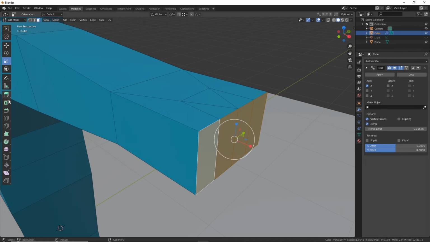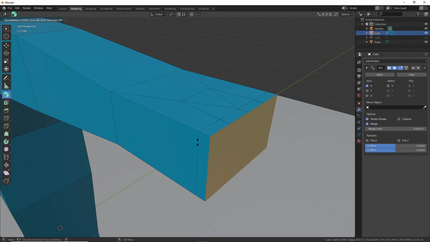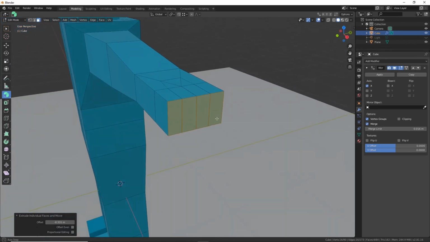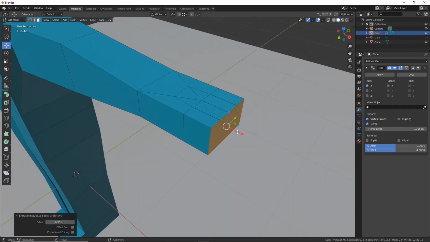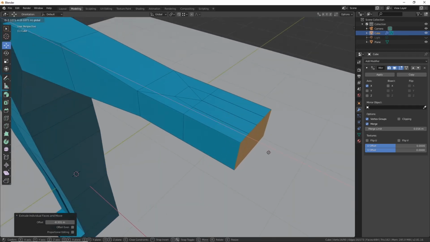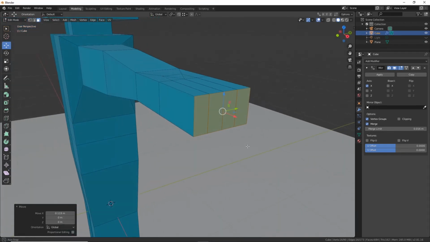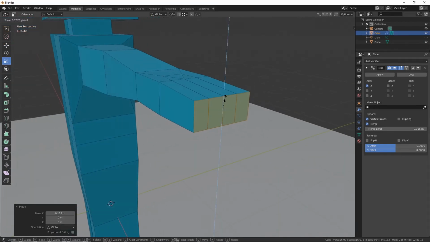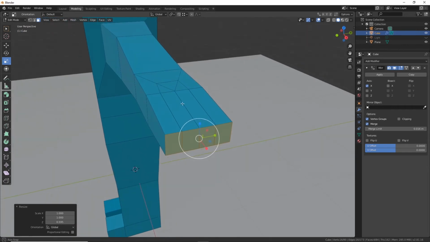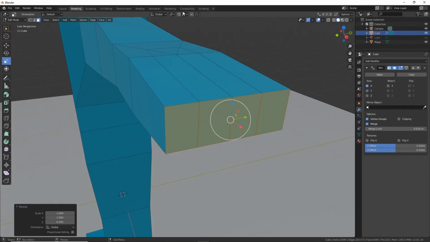Another way is to extrude, but extrude individual. So by doing that, even though it looks like I'm extruding together, I'm just pulling them out here, and I'll flatten them a little bit. They're all individual now. If I want to spread them, I can just,